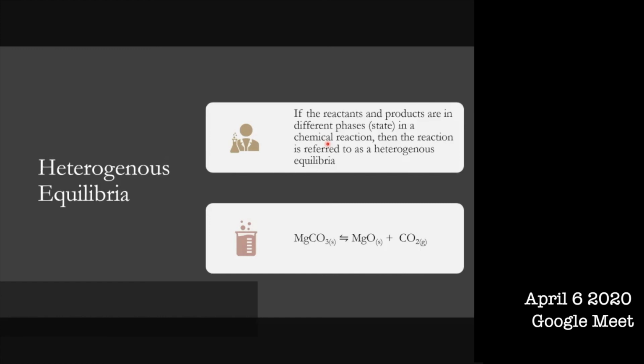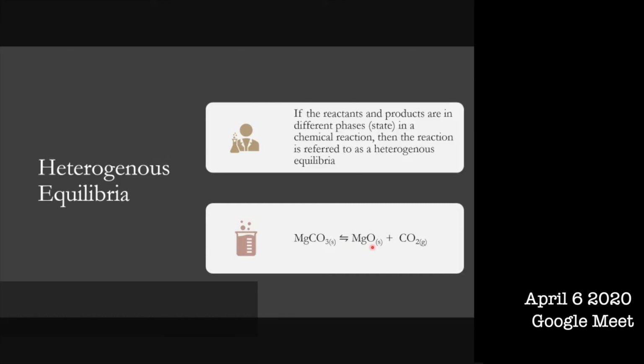Heterogeneous equilibrium, again, which means the reactants and products are not in the same phase, which indicates that the reactants could be in one state and the products could be in a different state, or it could be vice versa. So the reaction that I have taken here is magnesium carbonate, which is a solid at room temperature. If you actually heat it in a closed container, it decomposes to give you magnesium oxide and carbon dioxide. Magnesium carbonate and magnesium oxide being solids,